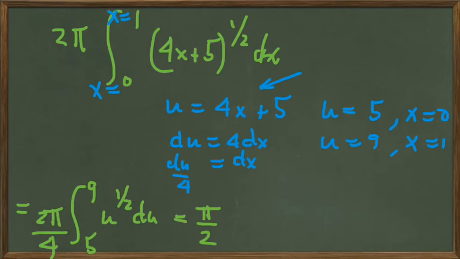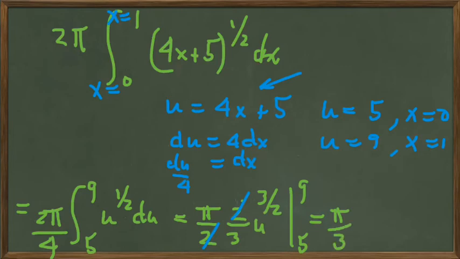We integrate u to the 1/2 and get 2/3 u to the 3/2 evaluated between 5 and 9. These 2's right here cancel out, and so we get pi over 3